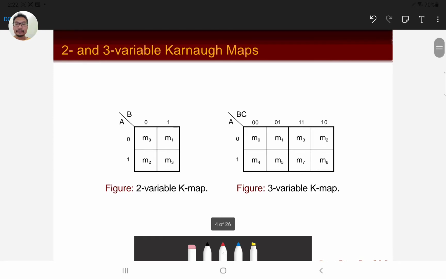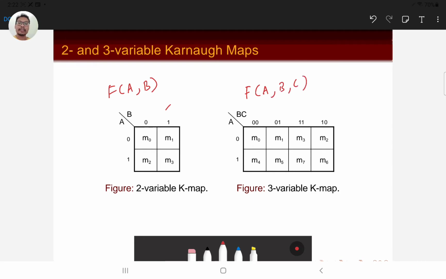So let's have a first look at our K-map here. Here is a 2 variable K-map for a single output f. For example, if we have a Boolean function f with the input A, B, this is our K-map. And if we have a function f in terms of A, B, C as our input, then we have a 2x4 K-map. In the K-map we have the inputs here. These are the inputs, A and B, and here is the value of the inputs for A. So this is for A and this is for B. And inside here is your output,